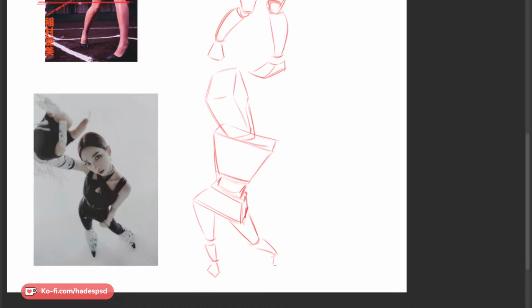It's really difficult, because my brain just wants to draw things with a normal lens. But I have to fight the urge and stick with this. It's like a wide angle lens.